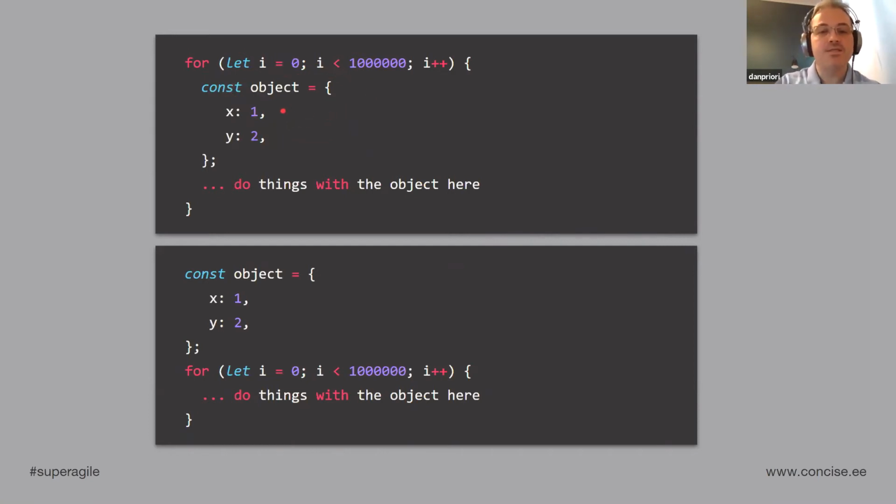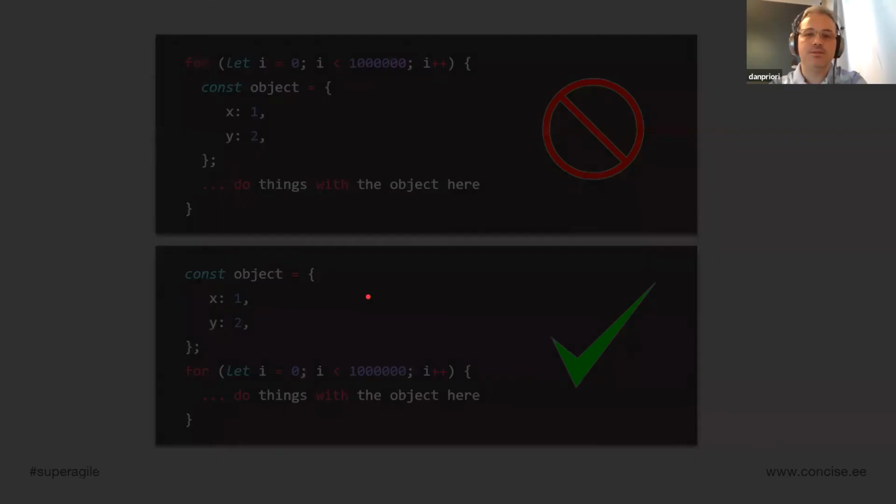Don't get me wrong, but this is just to show you how big this problem is when you try to create the same object all the time inside loops, inside requestAnimationFrame, any kind of cycle that we have, and you try to recreate the same object over and over again. What happens is,